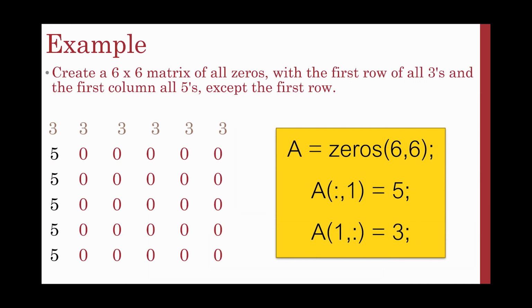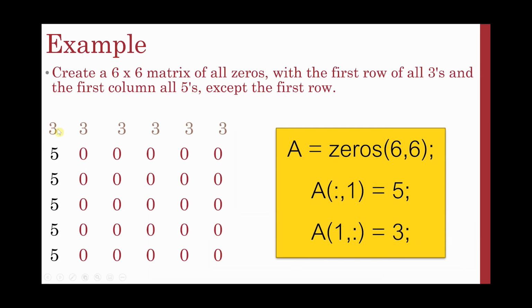Well, first I'm going to create a 6 by 6 matrix full of zeros. So I'm going to use the zeros function. The syntax for that is zeros of 6 by 6. Then I'm going to set the entire first column to 5. So I'm going to say A of all rows in column 1 is equal to 5. Then I'm going to say A of row 1, all columns, is equal to 3. The reason you have to do the column first and then the row is because of the definition of this